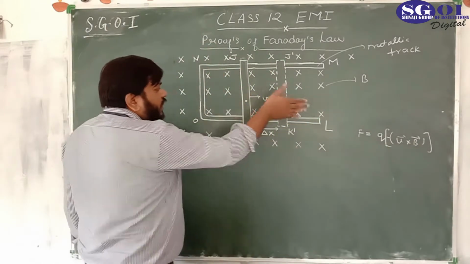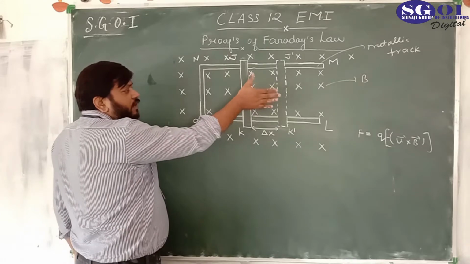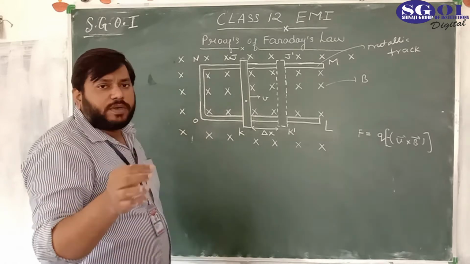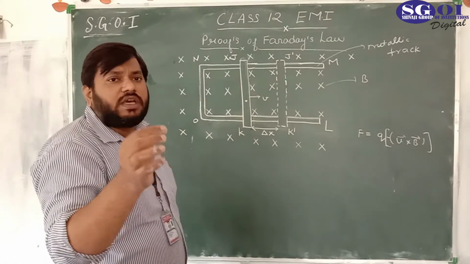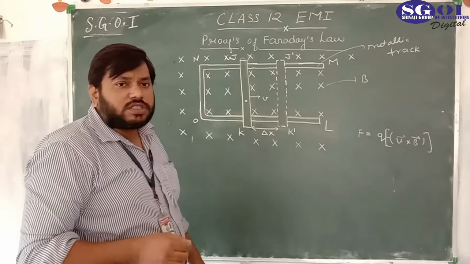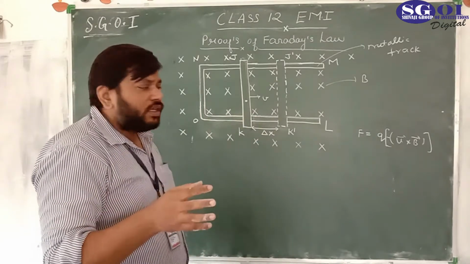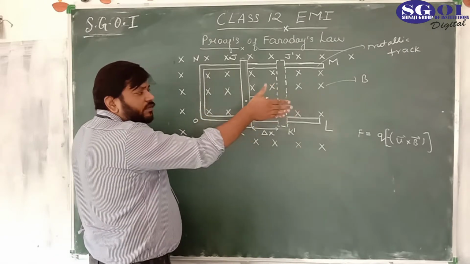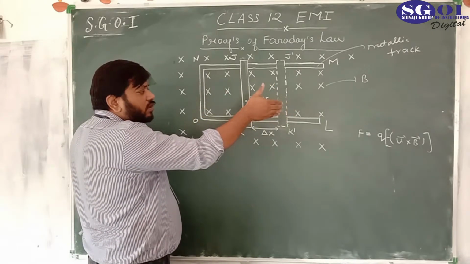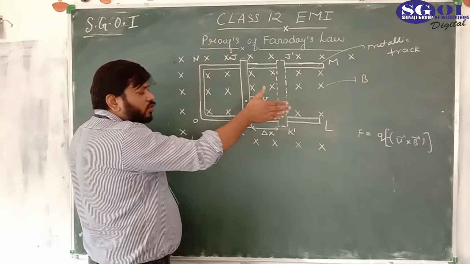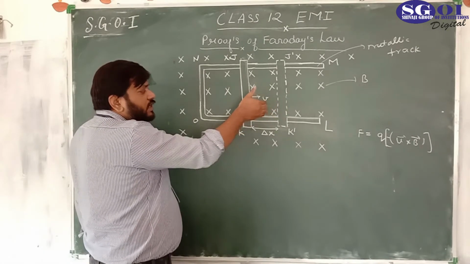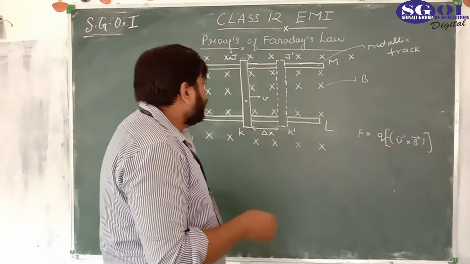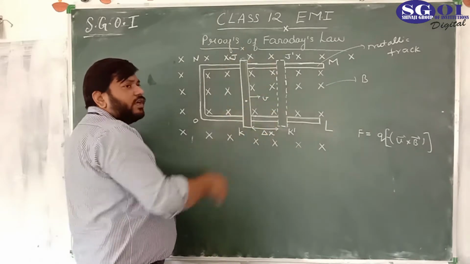V cross B, V is this direction, and we have placed our hand in the velocity. There are 4 ways. I have already told you. See that particular video lecture many times and learn how you would apply the cross concept so that we can find the direction of the cross product. In this case, we place our hand like this, because on closing our fingers, the fingers are pointing inside the blackboard, in which direction the magnetic field is. But the thumb is pointing in upward direction.